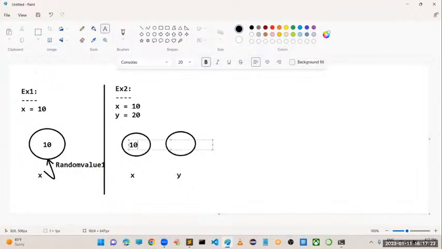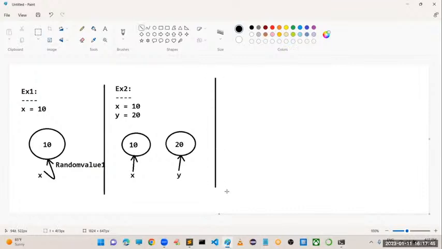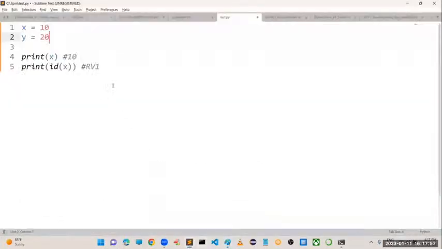The content here is 10 and here the content is 20, x is located here and y is located here, and this is nothing but the address. Sir, is it going to return the same address or a different address? Definitely, since the content is different, separate memory locations will be created. We will get two random values, and different addresses will be there. I want to cross check, so in print, instead of x, I want to find out y also.